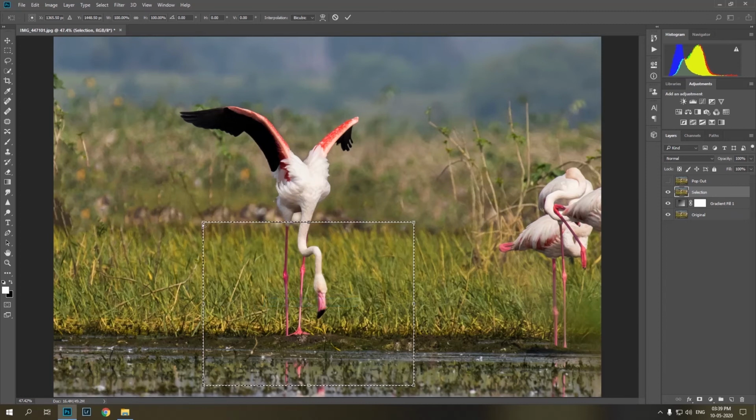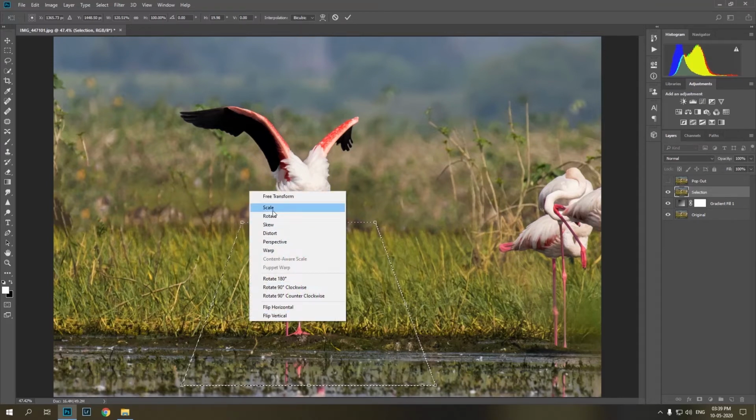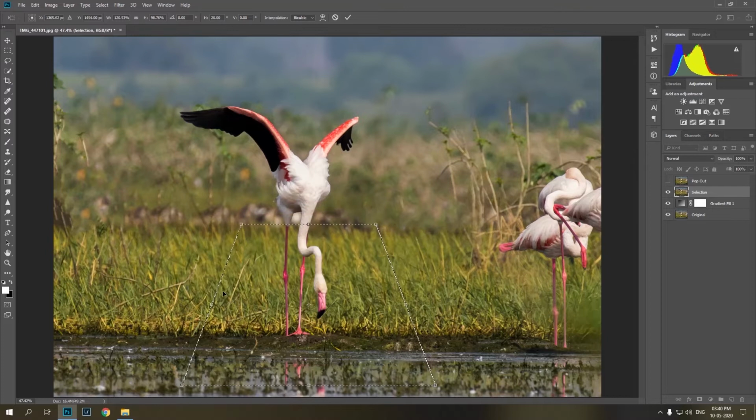Make the adjustments as shown here, or you can define your own shape. Once done, press the tick mark on the top to commit the changes.